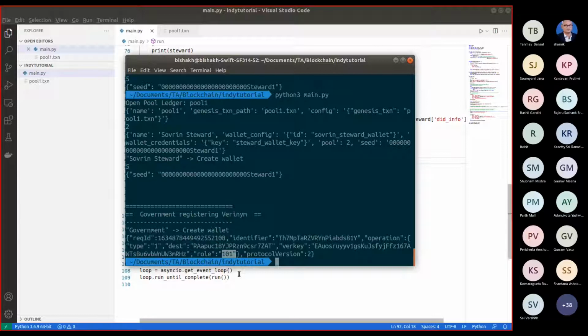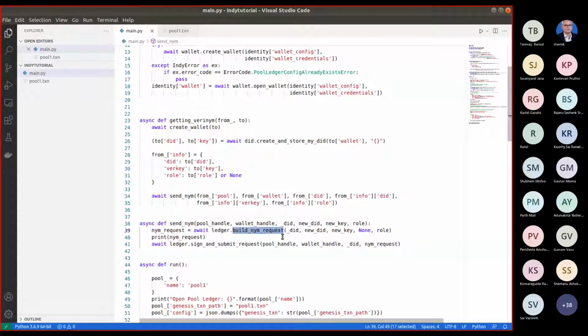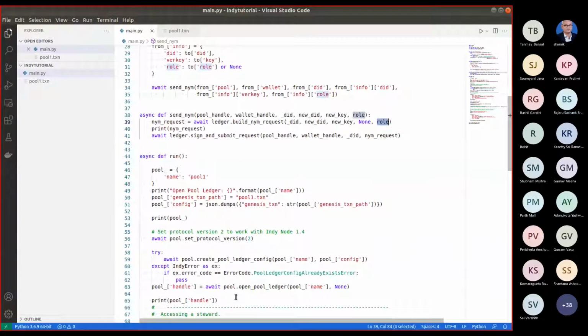This role is 101. So this role becomes 101 plus anchors. Inside it maps these roles to different integers. If you see the Indy documents, you will find it. The request takes that role and converts it into that role integer.